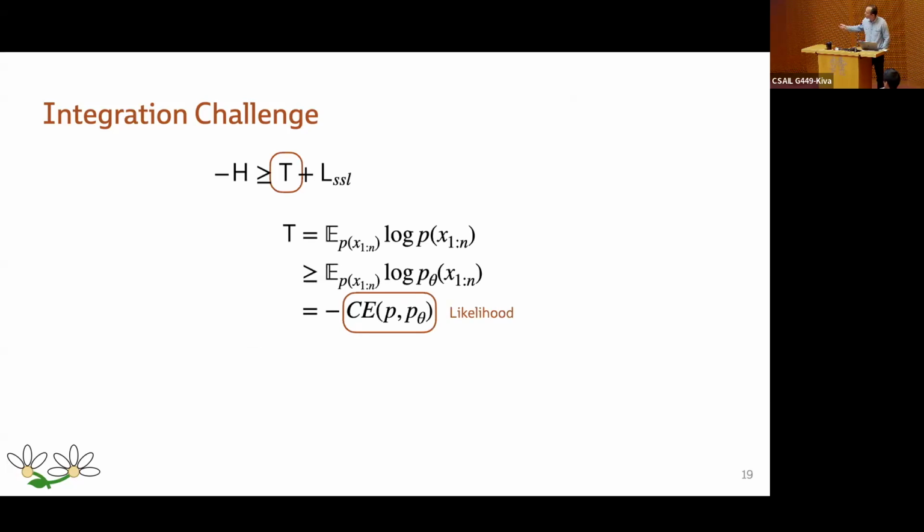So if we work out the underlying term here, this is defined in the following way. It is essentially a negative entropy of the underlying unknown distribution. If we introduce a generative model p theta, we obtain a lower bound on this quantity. And this is essentially an entropy term, a likelihood term.